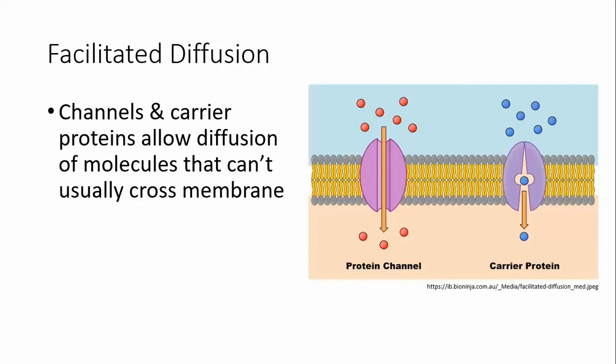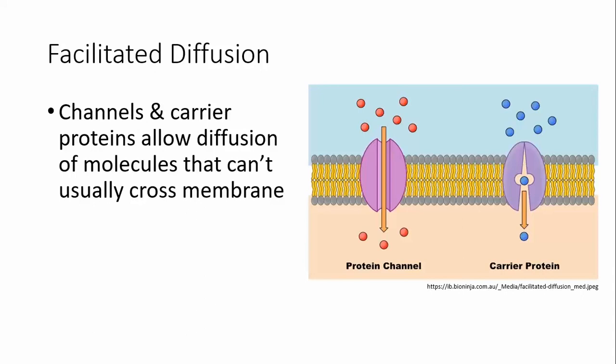Facilitated diffusion, like I was saying before, can either happen with just a channel which has a hole in the center and will allow certain things to cross. It doesn't necessarily allow any old molecule or any ion to cross. Some of them, especially if they're letting ions cross, will have specific charges or specific shapes to specify which molecules